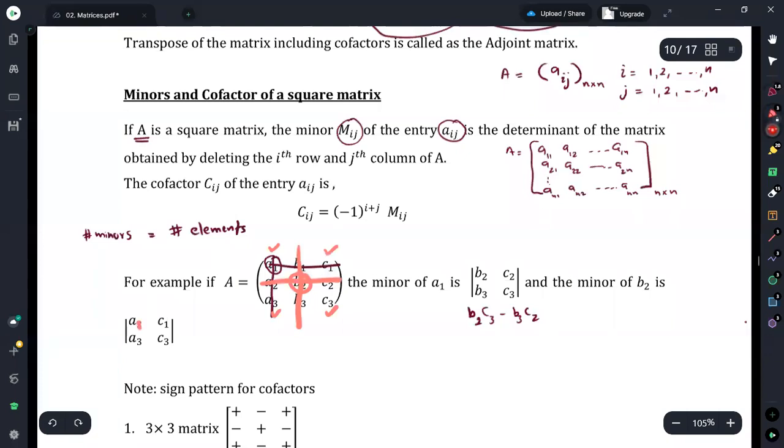Therefore, the minor associated with B2 is obtained by taking the determinant of A1, C1, A3, C3. To obtain the determinant, we can simply take the difference of the product of the diagonal elements. Then the minor associated with B2 will be equal to A1C3 minus A3C1. Therefore, here I have taken only 2 examples. And if I consider another example on this,